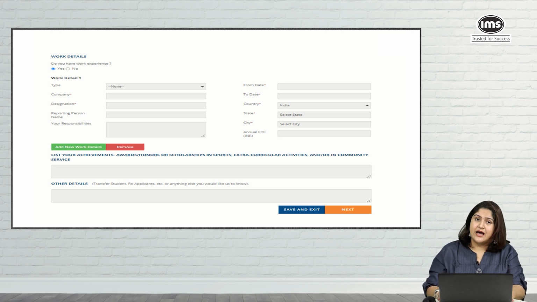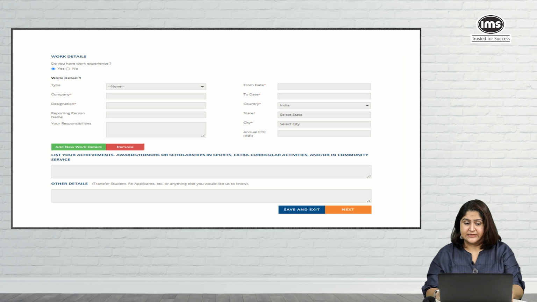Make sure the details are updated clearly, because internships showcase the work you have done. So it needs to go with all the responsibilities you have picked up as an intern. Post that, it is talking about the list of achievements, honors, and scholarships. So all the scholarships you have earned, your awards, your achievements will go as a list here in this